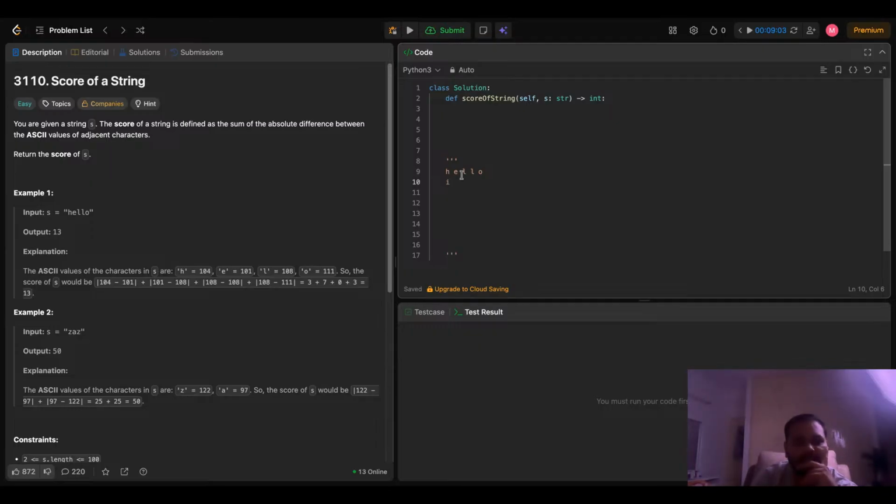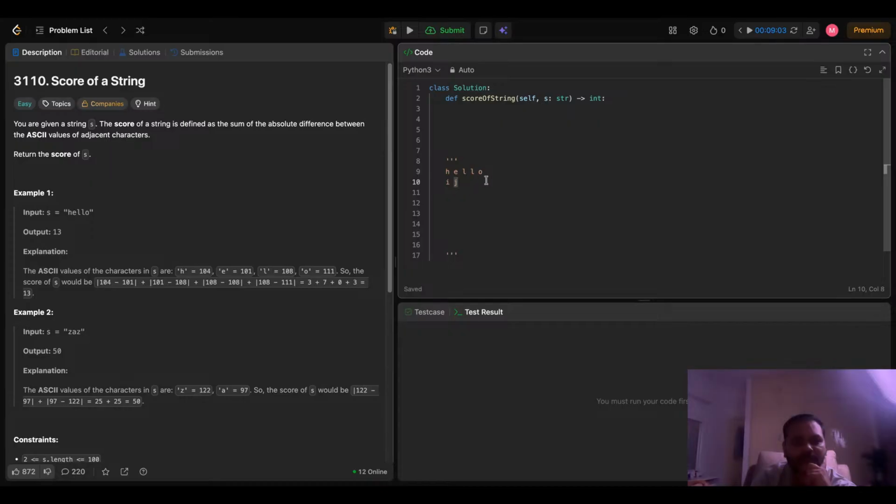Let's say my i character is here and my jth character is here. If I take i and j value, then I want the difference of